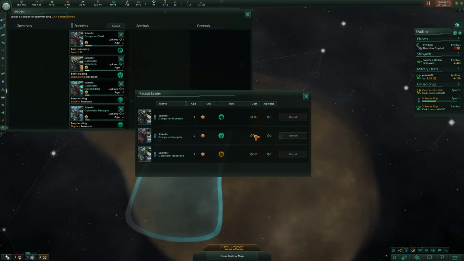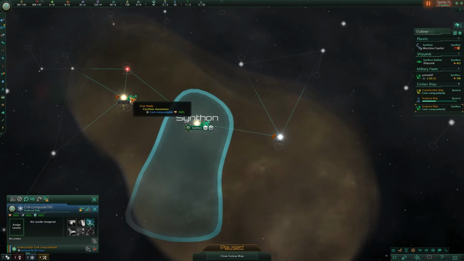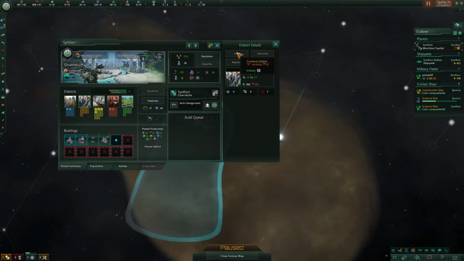We do also need to get some more unity before we can get another leader. We can't have you leave that system, though. So that's fine. That research vessel is currently being worked on right now, so that's fine. And of course, Synthon is also complaining that it doesn't have any sort of things that it can do. So we do have some unemployed citizens. Let's go ahead and get...